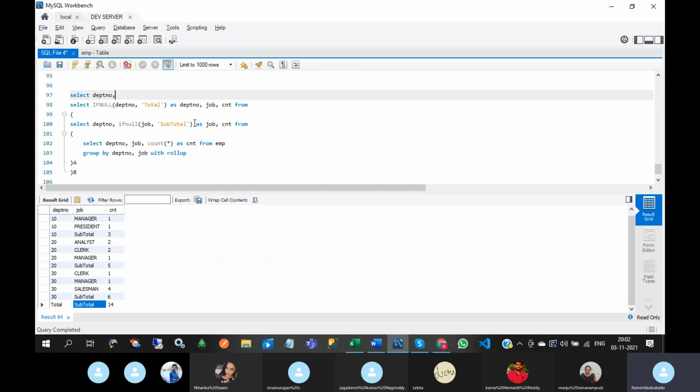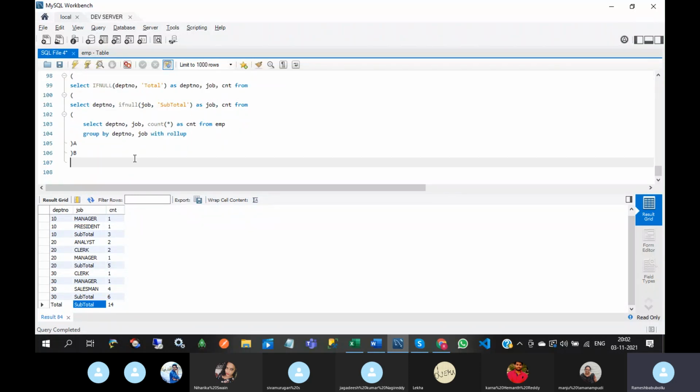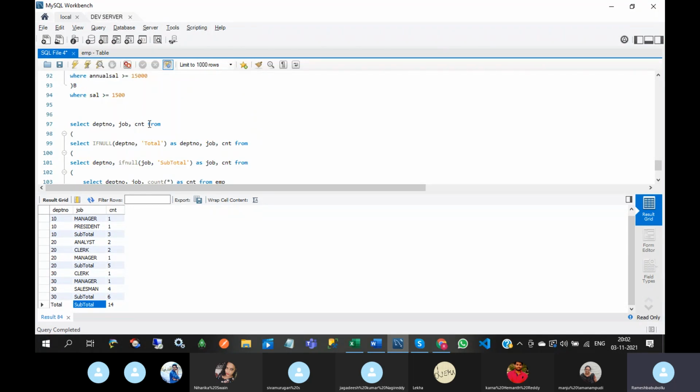DEPT number, comma, job, comma, count from D. So here for department, it is mandatory to write the case statement.